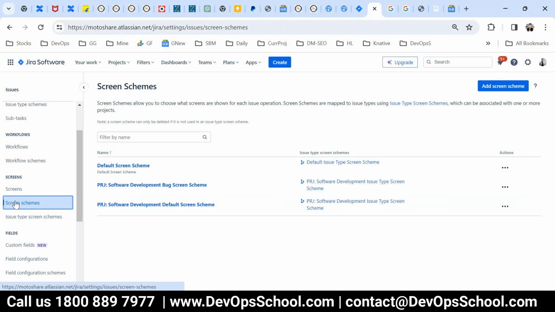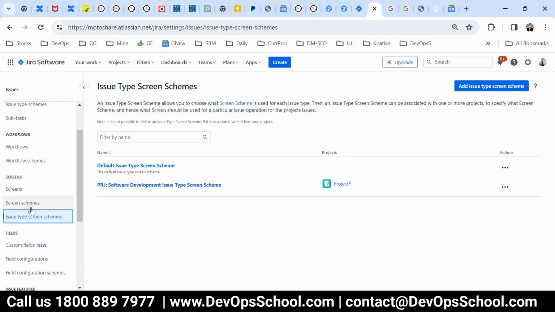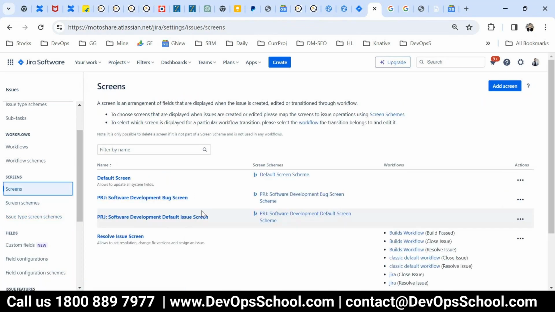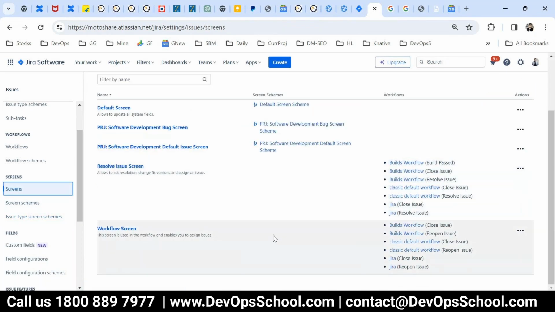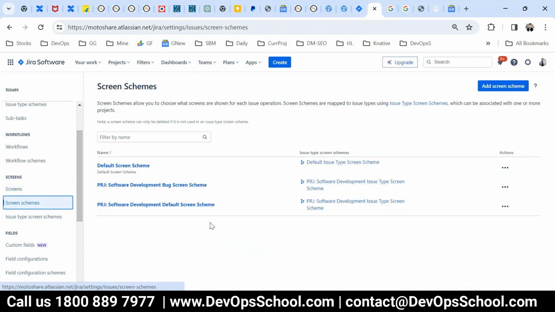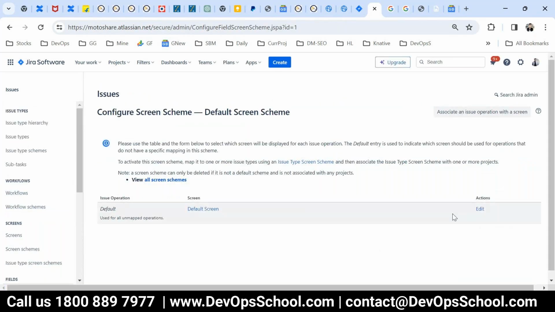Here you have all the screen schemes. Issue type screen, here also you can find it. You can get comfortable with this place also. So all these things. Here you can click on configure and edit. Some of the UI has changed a little bit, so